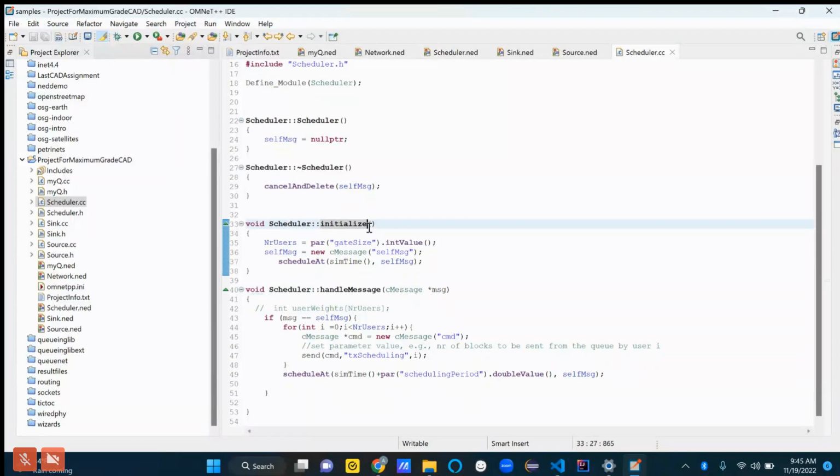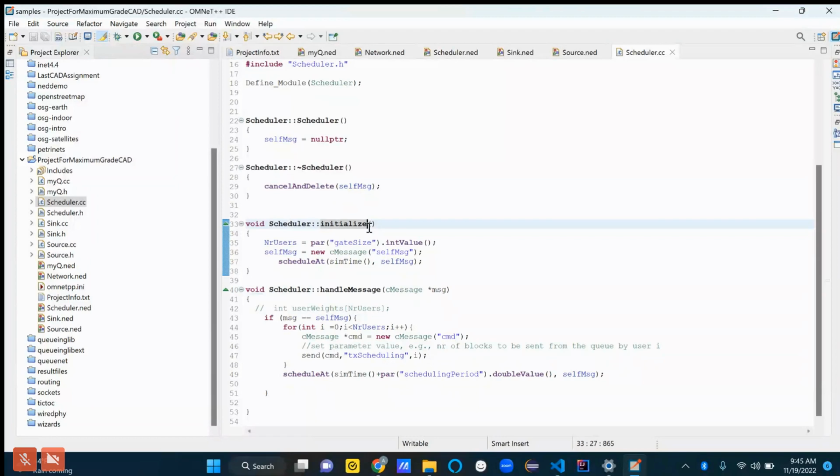So, okay. Well, either way, what this handleMessage method is doing at the moment is basically just saying, if it was that self message, cool, then we're going to do this stuff, otherwise nothing. So only the scheduler should be able to communicate with itself, basically, is what that's enforcing.